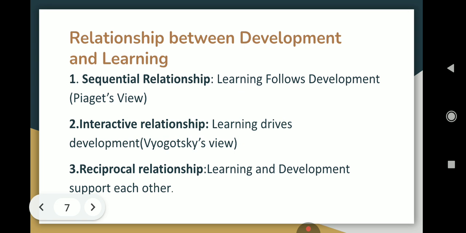Next, the interactive relationship. Learning drives development. This is Vygotsky's view. Vygotsky emphasized that learning actively influences development. Through guidance, social interaction, and instruction, a child can reach higher levels of thinking and skill. So, if you take a child, he can solve a puzzle with the help from a teacher, and gradually learn